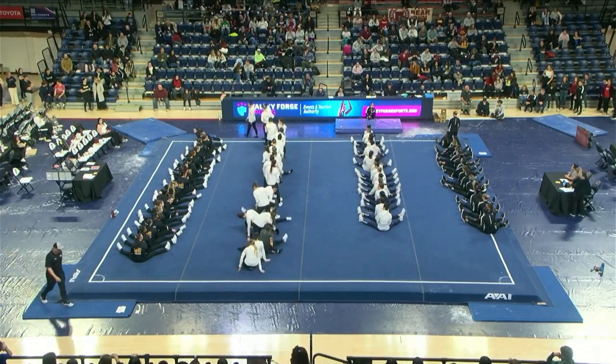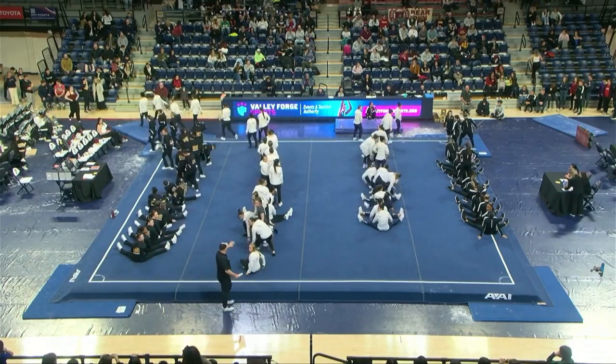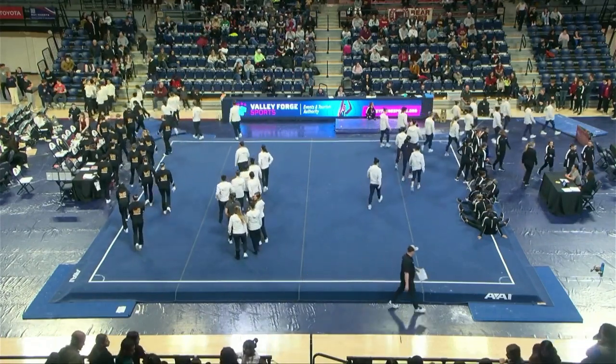Don't forget to join us back here in Towson on Friday, March 14th. We'll take on the West Virginia Mountaineers at 6 o'clock. Tickets are on sale at penathletics.com/tickets. Our senior ceremony